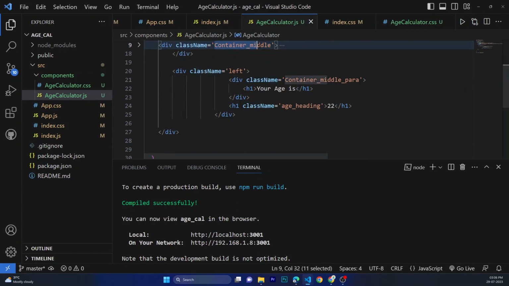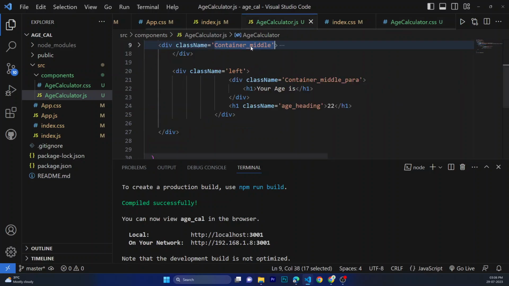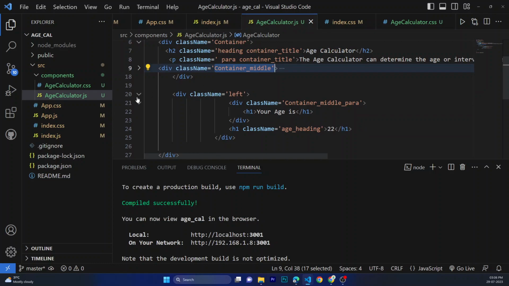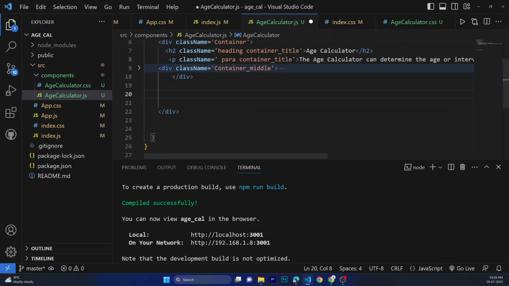If you go to the CSS part, the age calculator, this is the main, we have display flex and justify content. So what we can do is, this left div we have to write in a container middle. Just cut it from here and paste it into container middle,